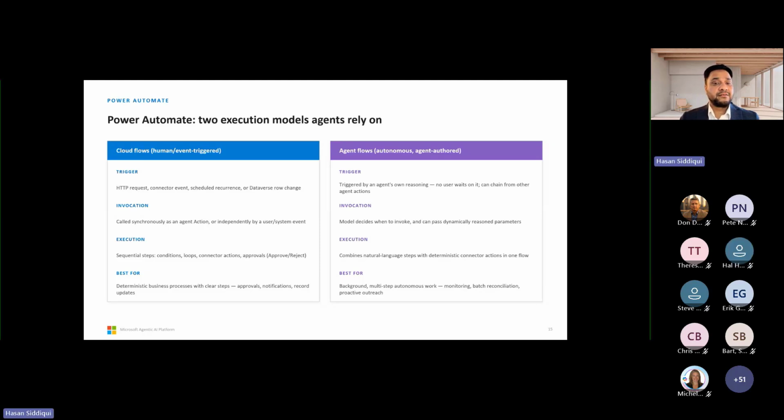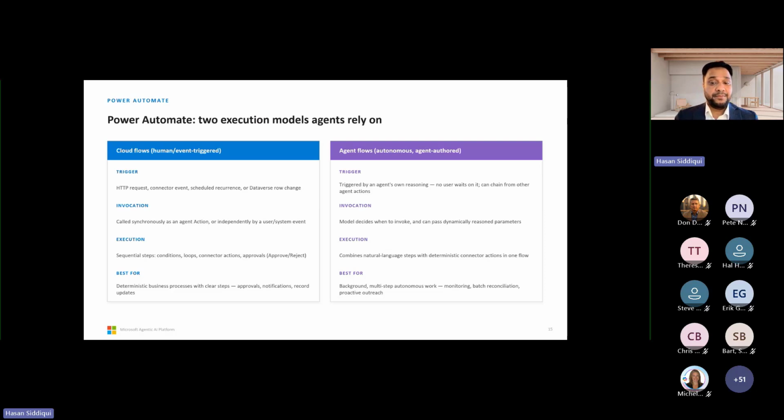Agent flows are newer and more interesting architecturally. These are triggered by the agent's own reasoning, with nobody waiting on the other end, and they can blend natural language instructions with deterministic connector steps inside the same flow definition.